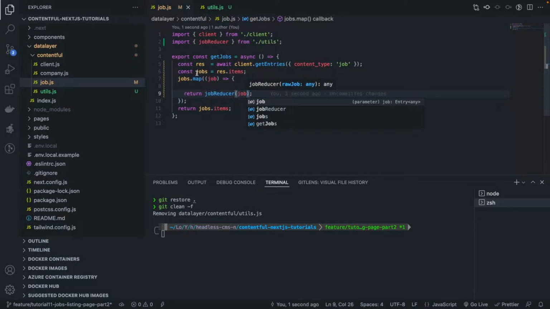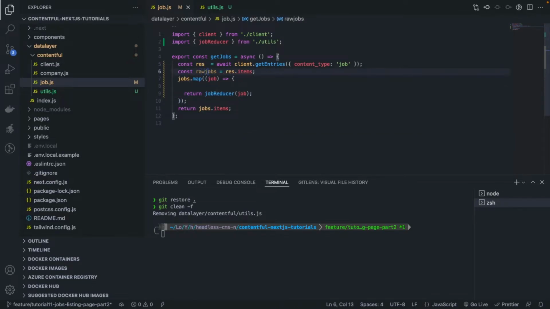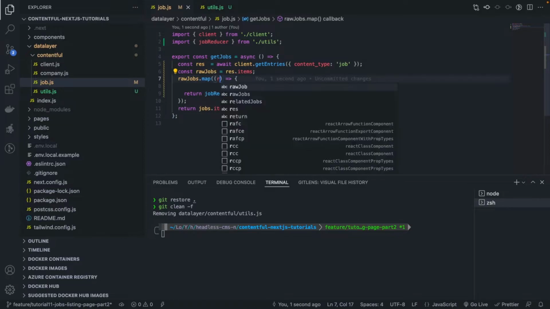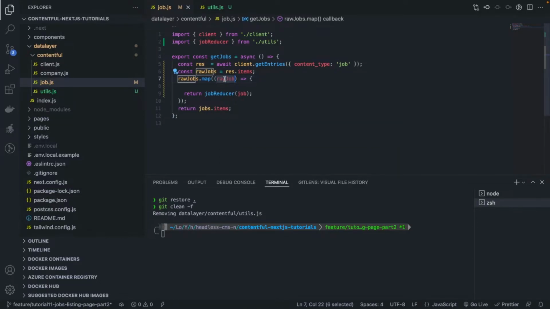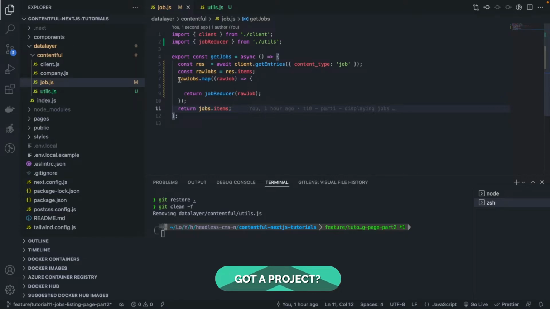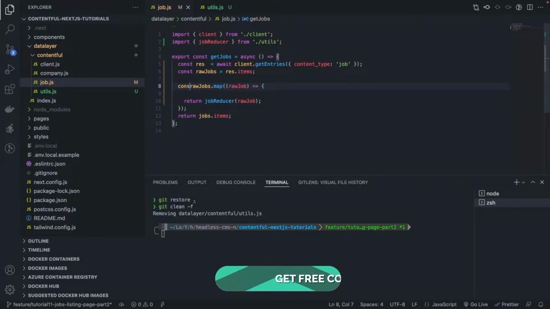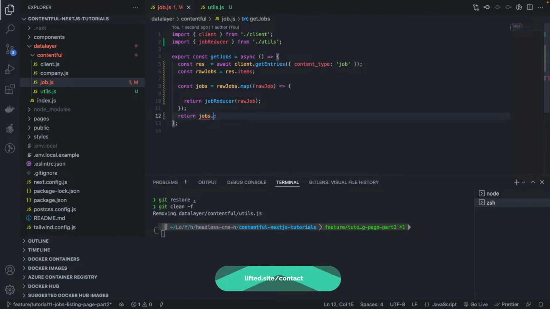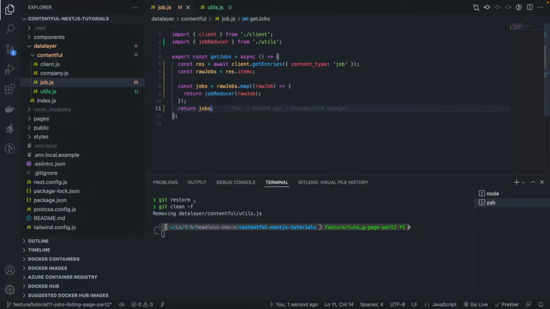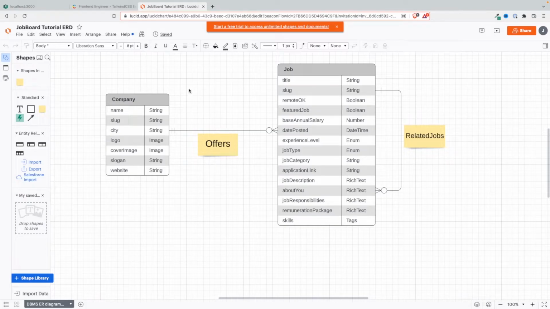We can even call this raw job, it doesn't really matter. So now we have const jobs, and then we're going to return jobs here. I think now if we go to the front end and we look at what's going on,